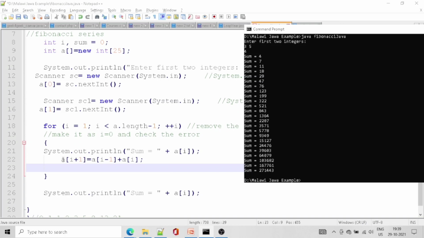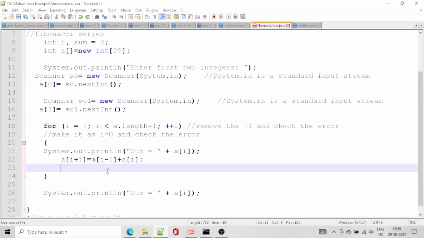If this statement is executed, this is like 2, that is the second one, equal to 0, 0th place and first place. If it goes to the next loop, it moves on. It becomes like this. So it moves on. Okay, i becomes 4 and it will become 2 plus 3. It moves on.